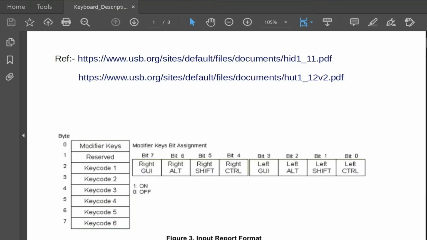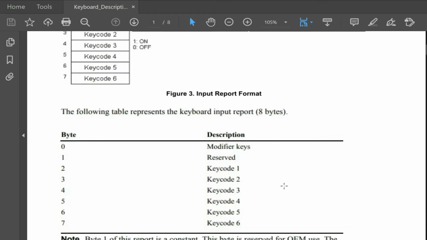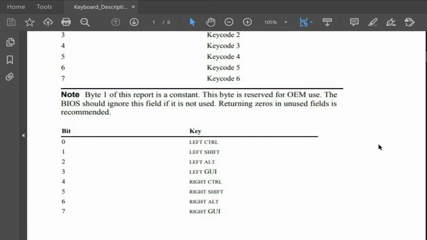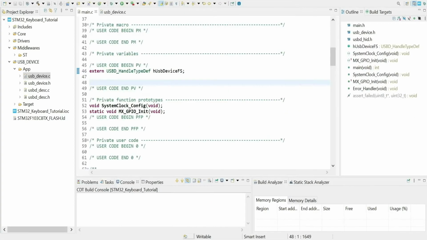Here we can see keyboard report made up of 8 bytes: modifier, reserved and key code 1 to 6. So whenever we want to send the key code, we have to send data in this manner. I will explain you modifier after some time.